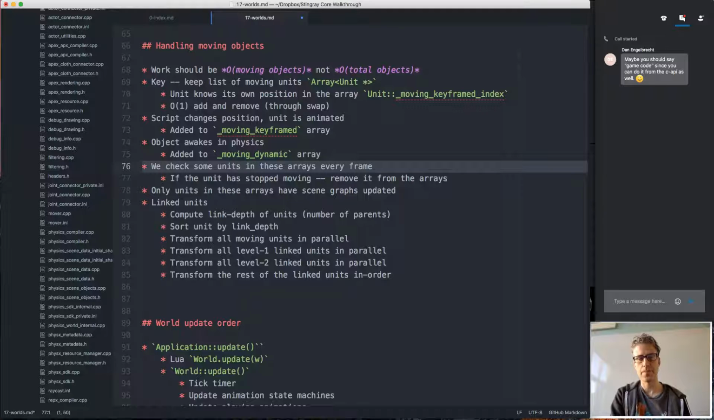And also from the script, we know when the script changes position, because the script will say, set the position of this unit to this. But we have no idea when the script might stop changing position. We don't know if the gameplay code might decide, oh, I'm going to stop moving this unit. We don't require the gameplay code to send us a message saying it's not going to move this unit anymore, because that would be cumbersome for the script to keep track of. So instead